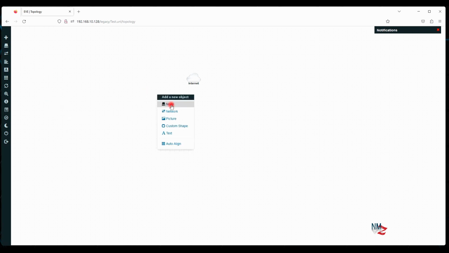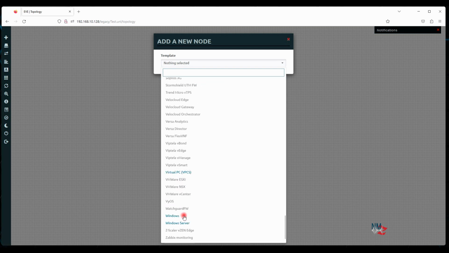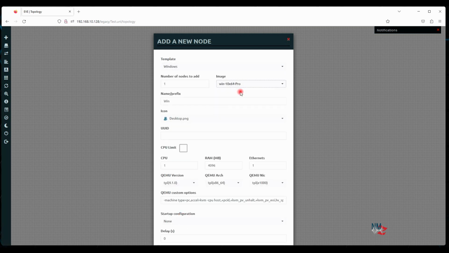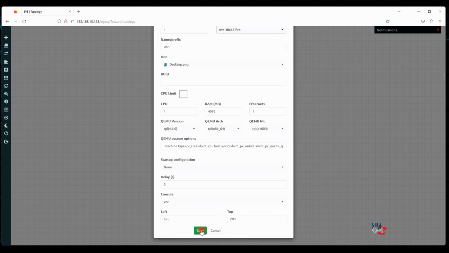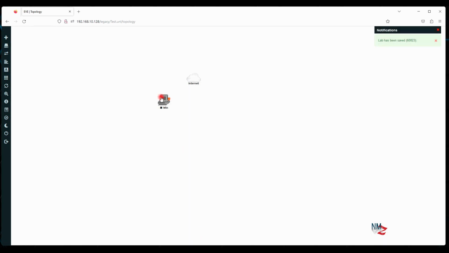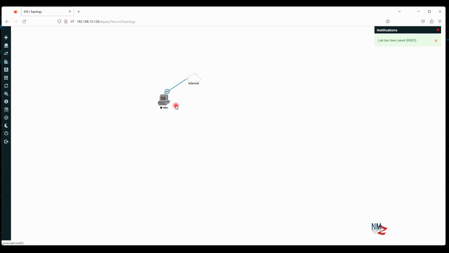installed correctly. For that, let's add a node, and let's go to the Windows, and from the list let's select the Windows 10 that we just installed now, and save, and let's connect that also and start it. After installation, let's check it's the same port number that is selected, and let's go to WinSCP, and let's see. You can see that our Windows is not running,